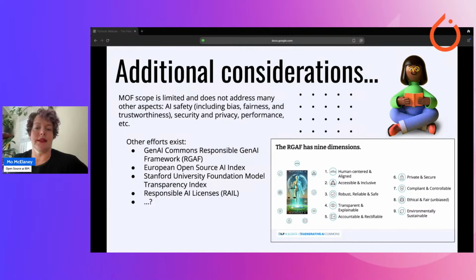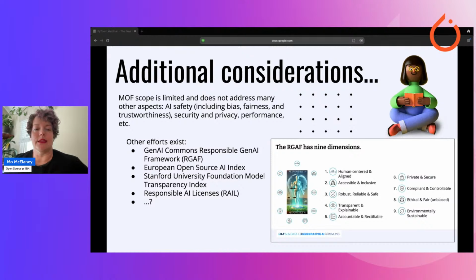In addition to the OSI definition, there is a European Open Source AI Index. There's a Stanford University Foundation Model Transparency Index, the Gen AI Commons Responsible Generative AI Framework, RGAF. I've contributed to that project as well.